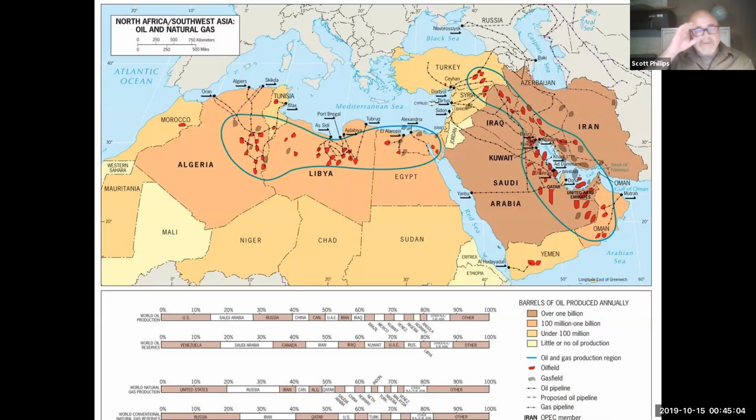Okay, another element I want to talk about that has an impact on political geography is natural resources such as oil. And this is a figure in the book showing where there are oil resources. One area that is the richest in oil is the Persian Gulf area. So if you look at the key here, this darker shade is where you have an intense amount of oil being produced. You have oil in some other places as well, but this is really where the heart of it is, along the Persian Gulf.